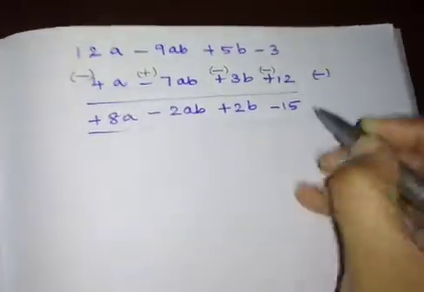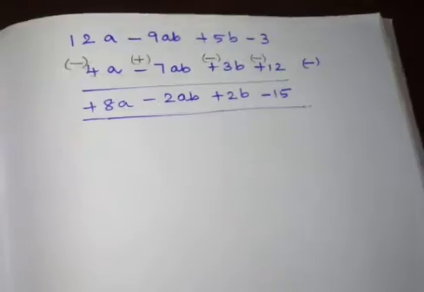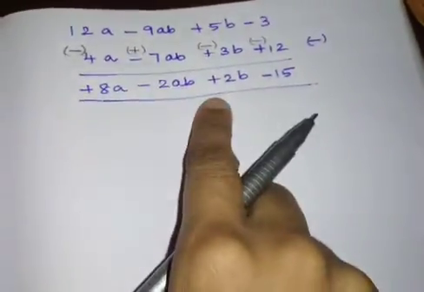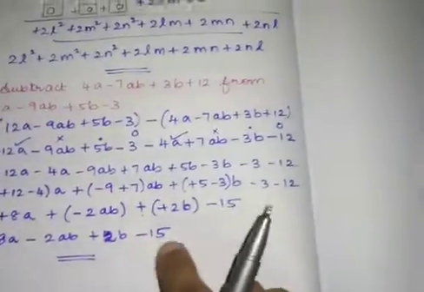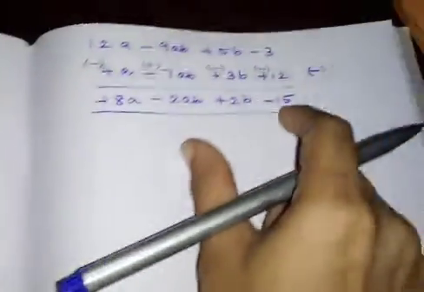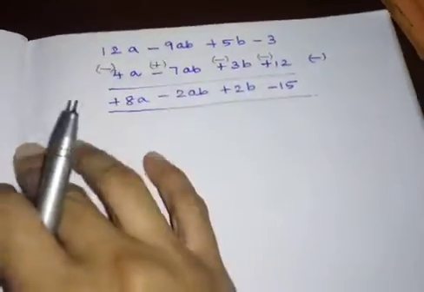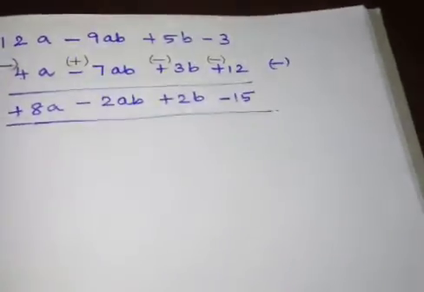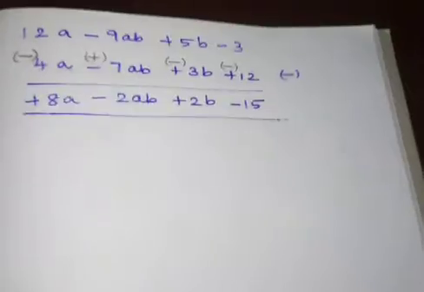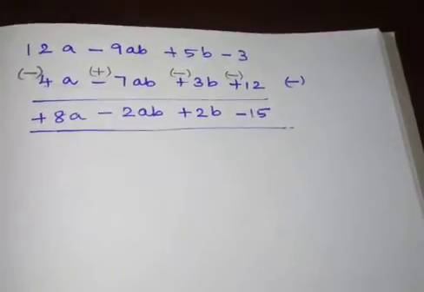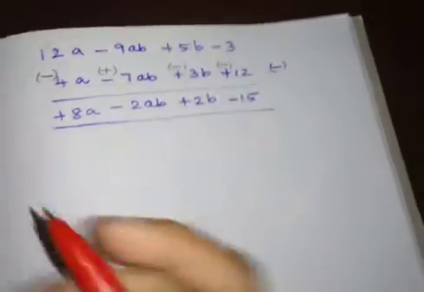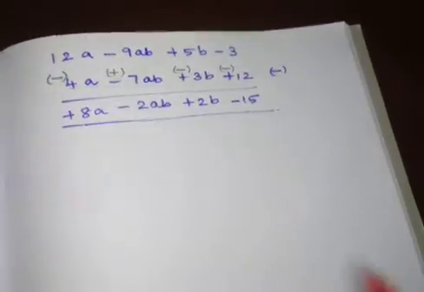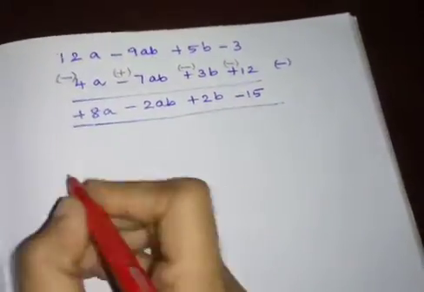So this is what your final answer. See, you can check both the answers are same. 8a minus 2ab plus 2b minus 15. Both are same here. Okay. So, whatever method, both the methods you can use, but our answer should be correct. I am using any one of the methods in any problem, but for the first problem I am teaching both the methods. Okay, next B problem is your homework.